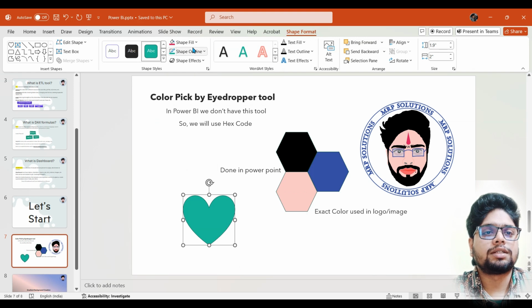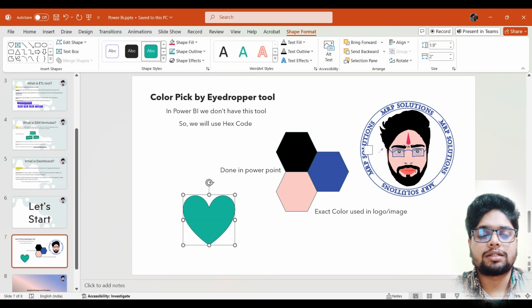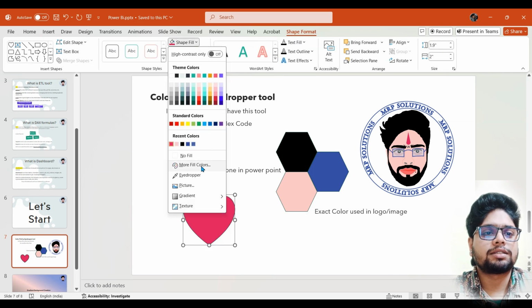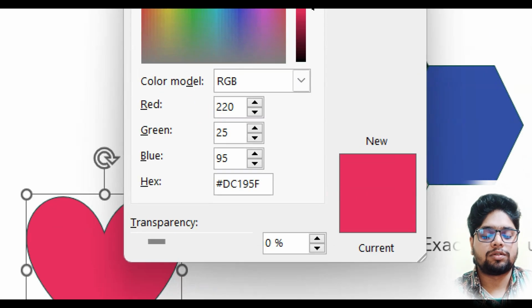Then go to shape fill, click this arrow, go to the eyedropper tool, and now you can pick color from your logo or image. I will take this tilak color, and here you can see that the color has been picked from our logo, and this is the exact color which is used in this logo. To use this color, we'll be using the hex code of this color. To get the hex code, again select the shape, go to Shape Format, go to shape fill, click on more fill colors, and here you can see that the hex code is present. We will be copying this,